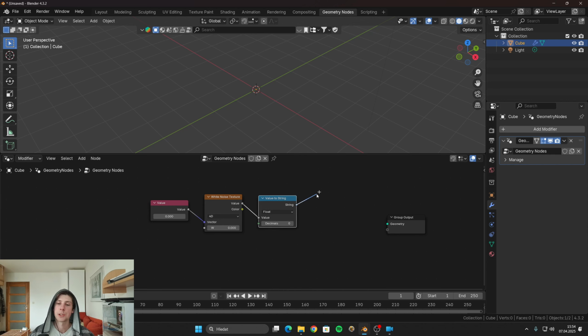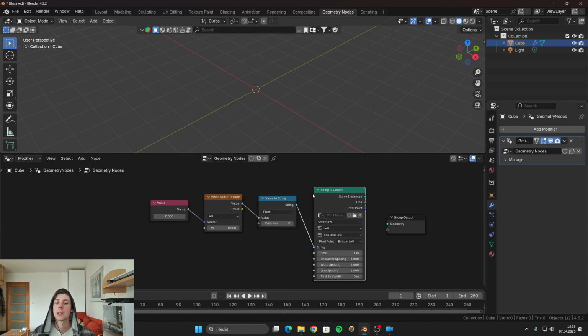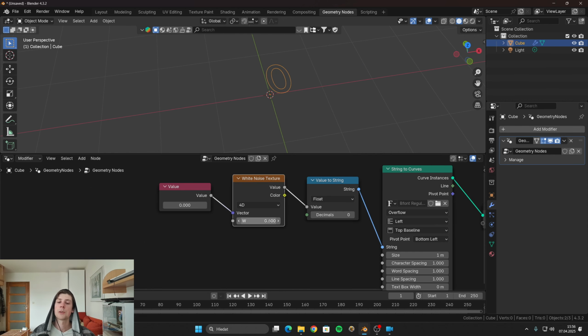Next, let's take the string and let's convert it into the curve. So let's add string to curve. And if I connect the curve instances into the geometry, you can see that now we can actually see the number in the viewport. Now if I change this W input, you can see that the number won't go above